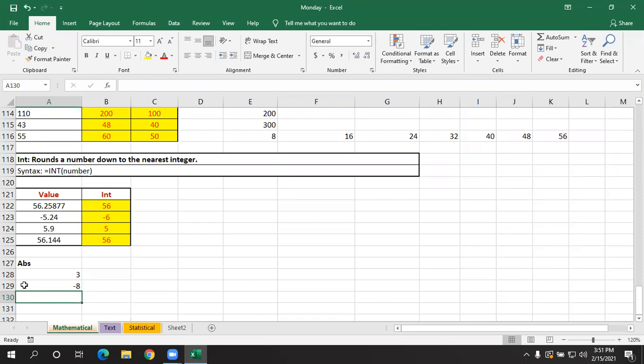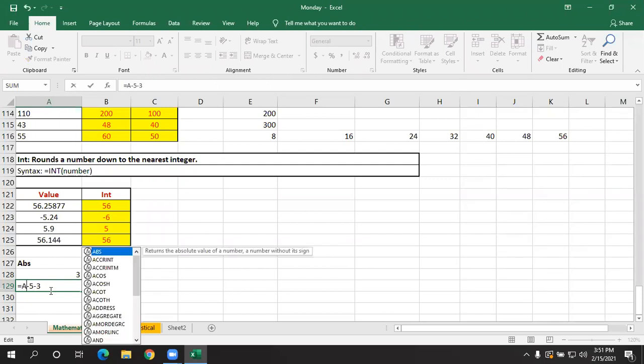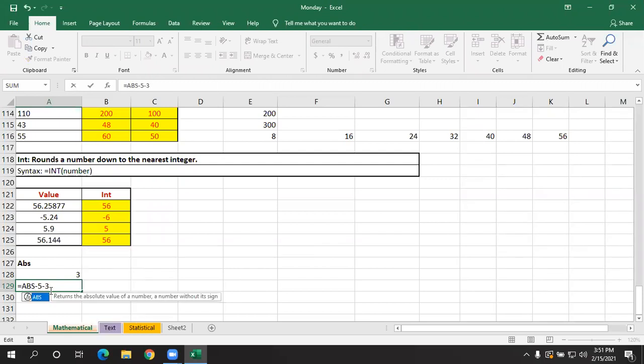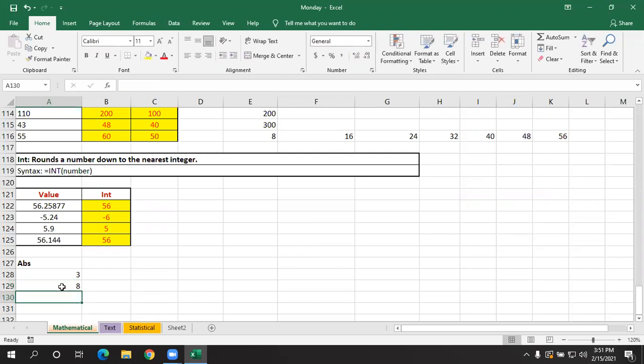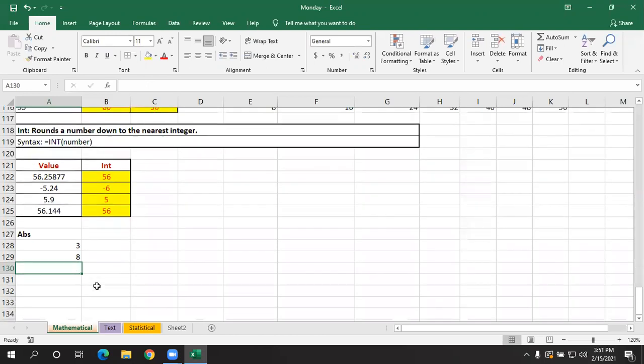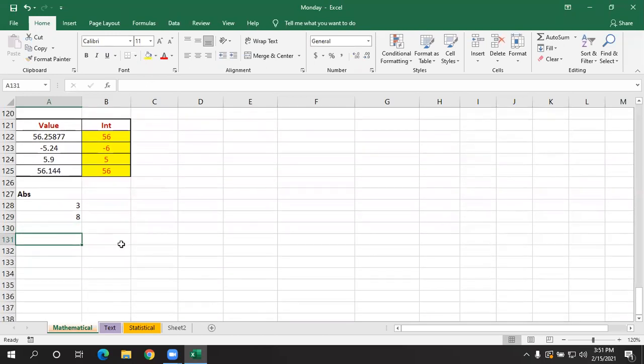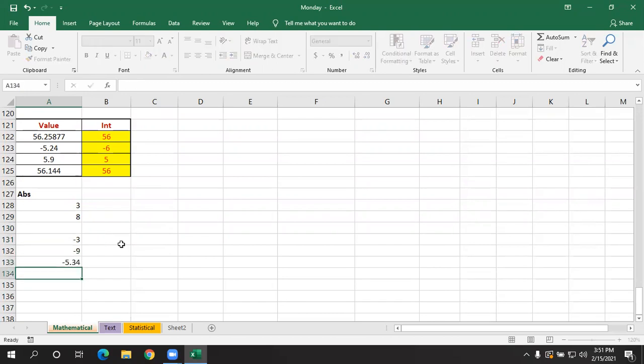See, I'll click here. You can type ABS, open parenthesis, then close. You can also do it in this way. Let's say here you will have some values, minus 9, minus 5.3, something like this, where you have a negative sign.